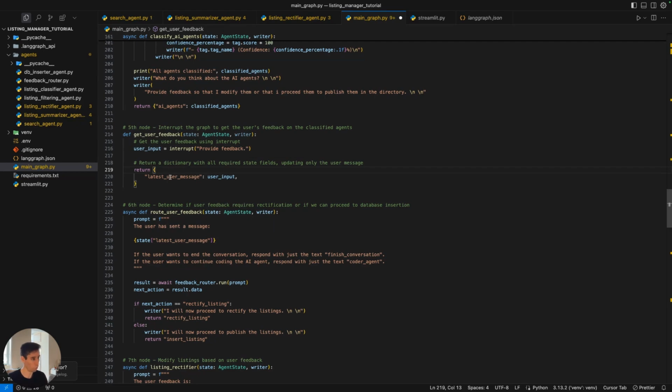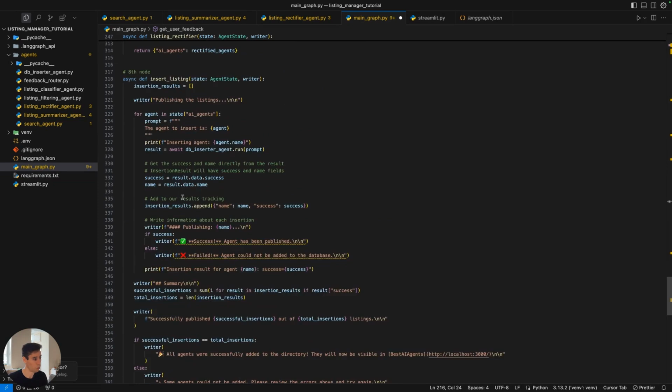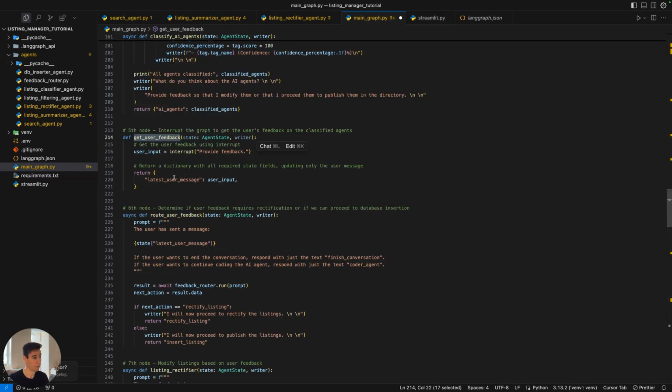In our case, we're going to update the latest user message key. I hope this makes sense. It's one of the most tricky parts in this flow. It took me a while to figure out, but you have many tutorials out there and you have many videos that will explain it far better than me. So I totally encourage you to have a look at these videos and also at the LangGraph documentation. And just the last point here is that when you're using the interrupt function, you have to use memory in the graph. This is another feature of LangGraph that allows you to store the state of the graph when interrupting the process. And that's it. So now we have some user feedback about whether he wants to proceed to publish the listings